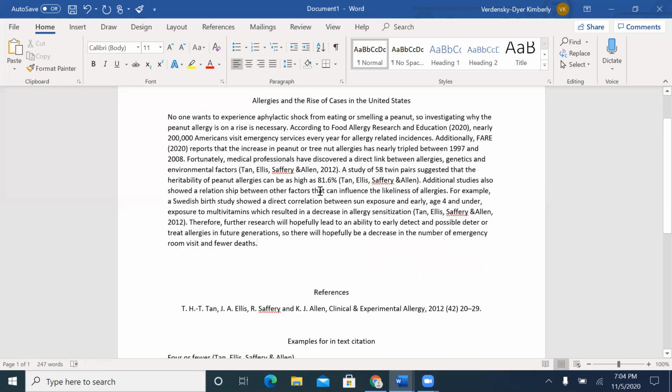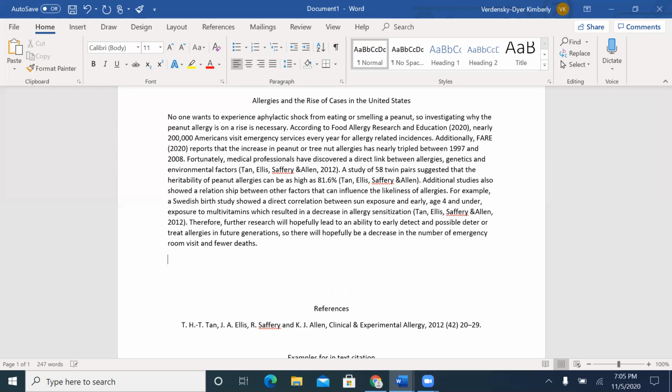So this would be an excellent example of a document-based synthesis. If I were to use this for my formal natural science essay, I wouldn't need much of anything except to maybe reword the beginning of this closing sentence to make it into more of a thesis. So if I were to use this as an introduction, therefore further research will hopefully,